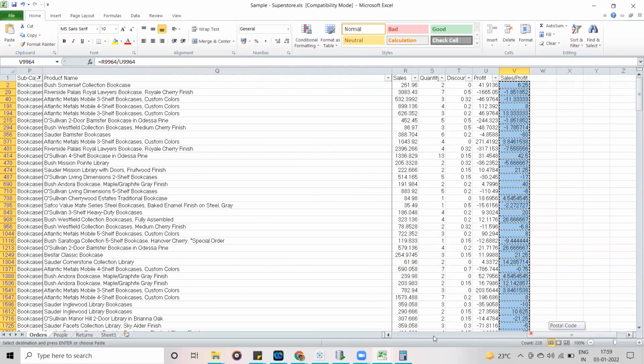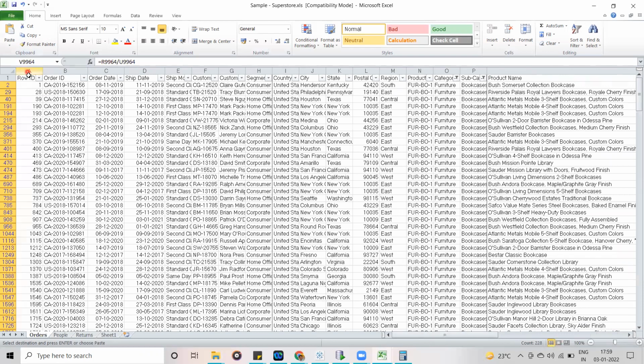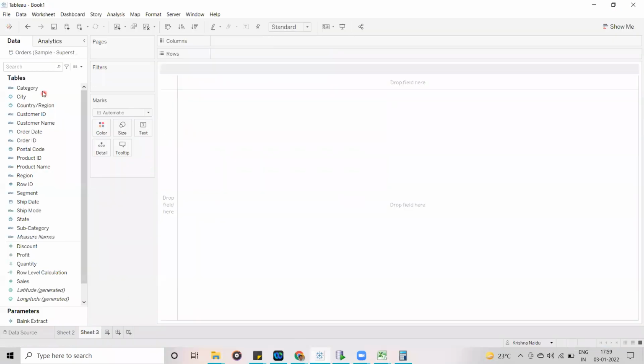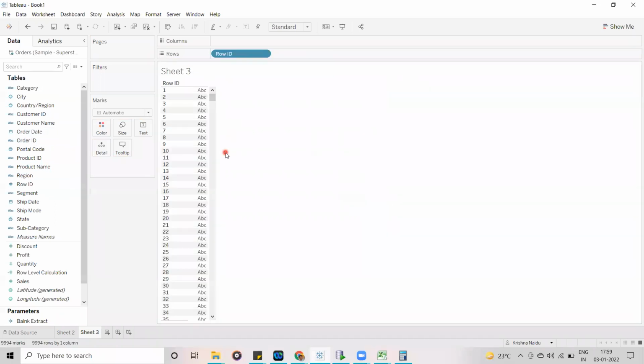So, let me display it here itself, in Tableau. Let me show you. So here row ID, order ID. If I take row ID, that is fine. Let me go to Tableau. I am going to drag row ID, and it is going to display total records 9,994.